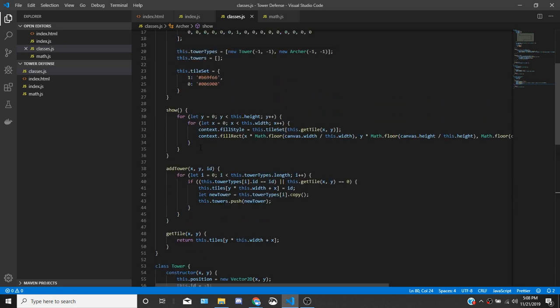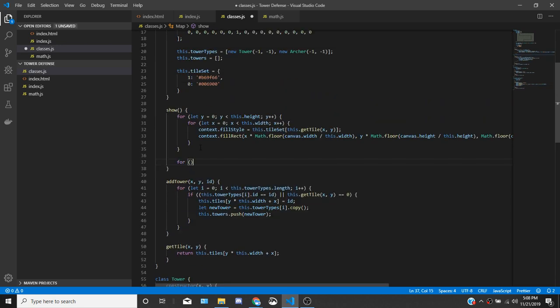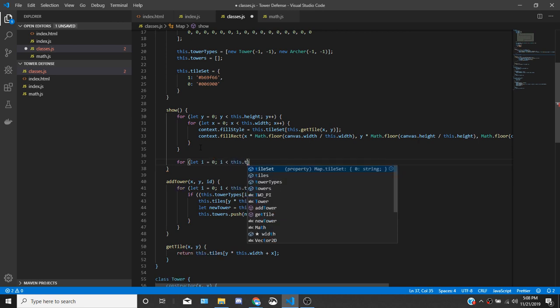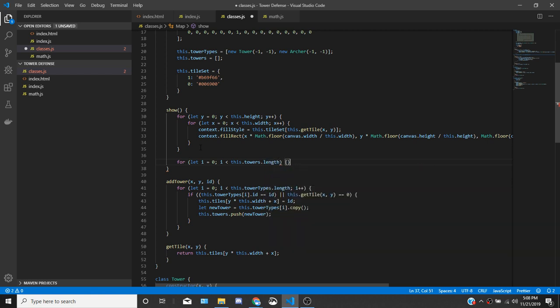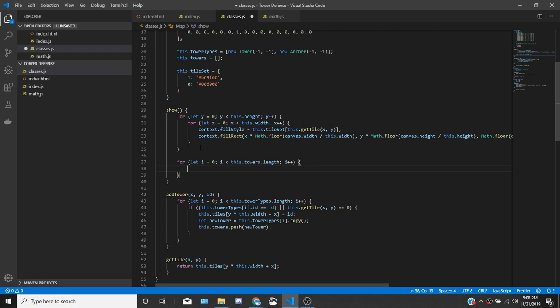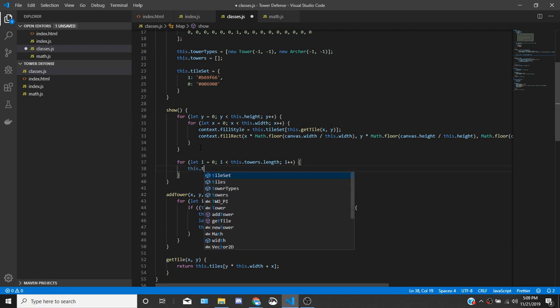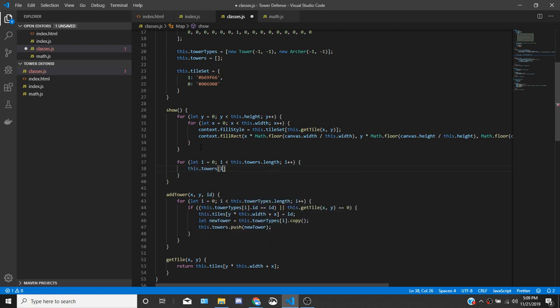And so when we also show, we need to show the tower. So for let i equals 0, i is less than this.towers.length, i plus plus, and we need to say this.towers[i].show, and then the scale would be,